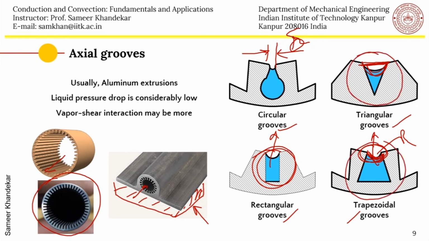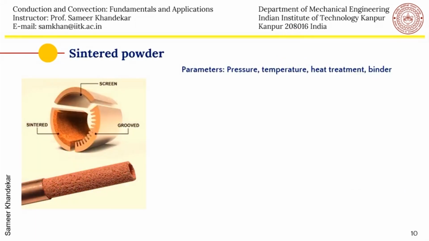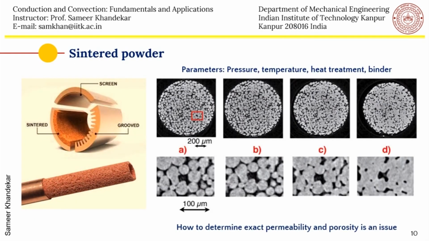Then there are sintered powder wicks. You can see all the three here: screen wicks, sintered powder wicks, and grooves. Just for illustration purposes, in any given condition, there will be only one type of a heat pipe, one type of a screen mesh. And you can see here sintered powder copper mesh,